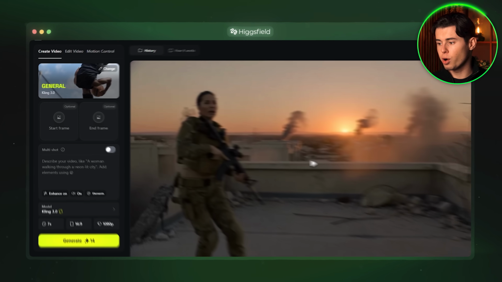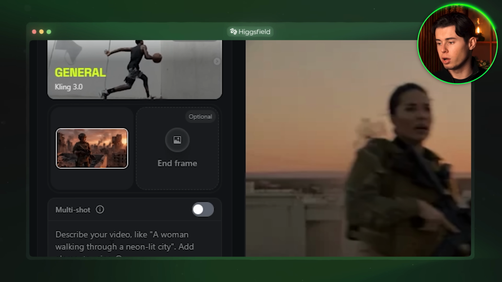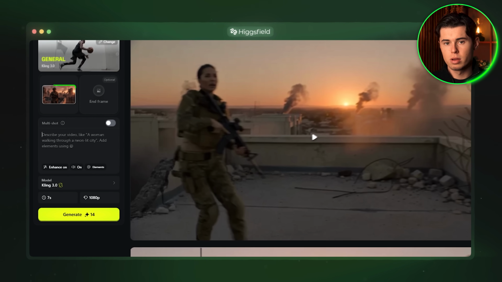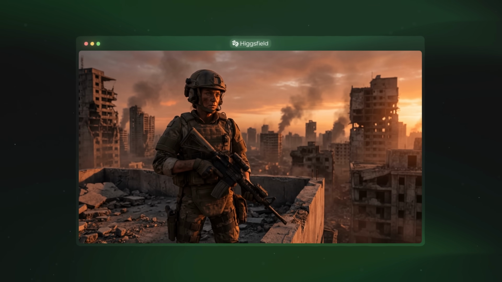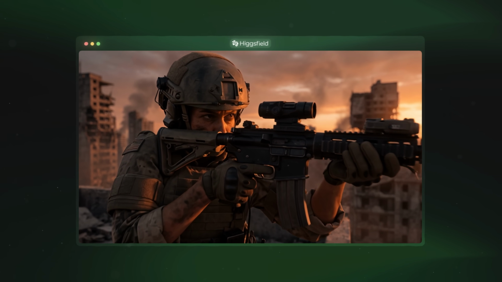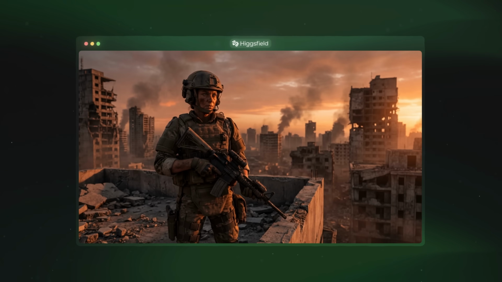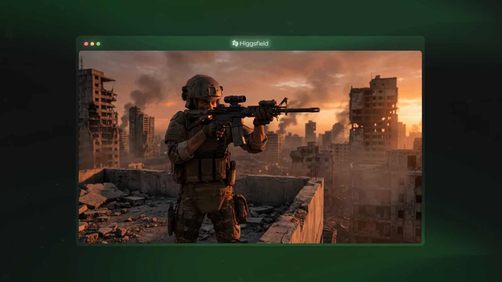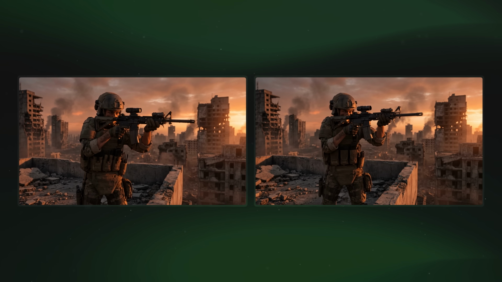With image to video, you're showing the AI exactly what the first frame of your video needs to look like before it even starts generating. The model takes that image as a visual reference and builds on top of it. The AI doesn't have to guess what your character looks like or what the lighting should be because you've already locked them in. So if I take this image and add a simple prompt, I get this result. It kept all the details in place, but on top of that, here's the video if I modify the prompt. The character and all the other aspects look exactly the same in every generation,